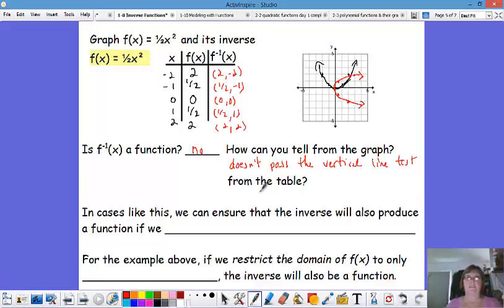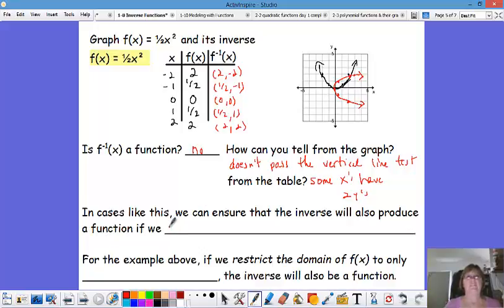How can you tell from a table? Well, in the table, x's are repeated. There are x's that are repeated, and they don't show up with the same y. So some x's have 2 y's. In cases like this, we can make sure that our inverse will produce a function when we invert it